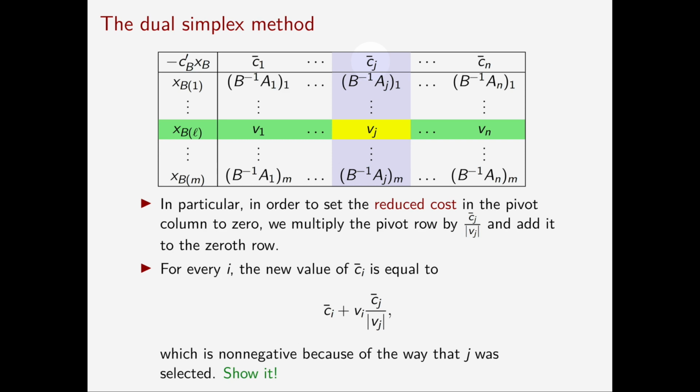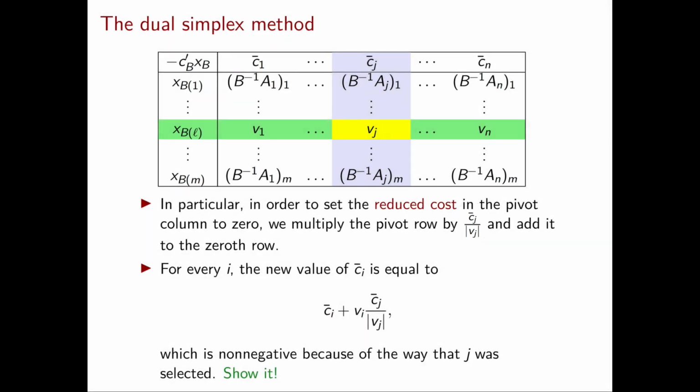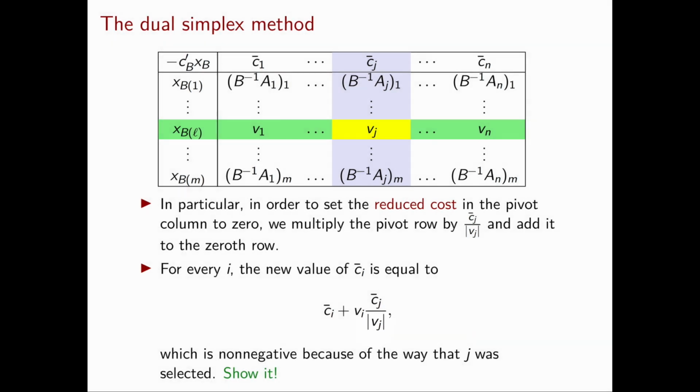In particular, also the reduced cost C bar j has to become 0. This means that we multiply the pivot row by C bar j divided by the absolute value of Vj, and we add it to the 0th row. If we look at the reduced costs, the new reduced cost of the variable xi will be C bar i